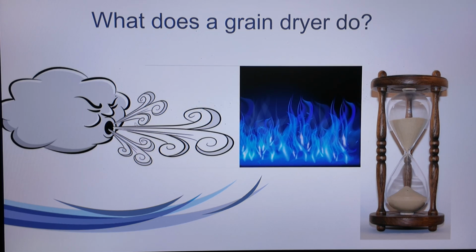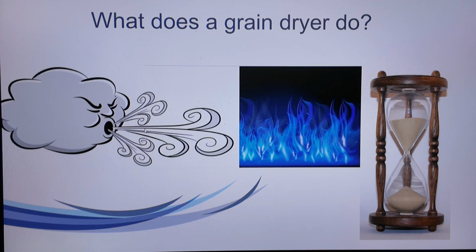It increases the airflow across the grain. So we have airflow. We have burner, makes heat to save time. So it adjusts the speed of drying by adding heat and airflow. It is that simple. So we're going to go through some of the numbers of the speed of drying,